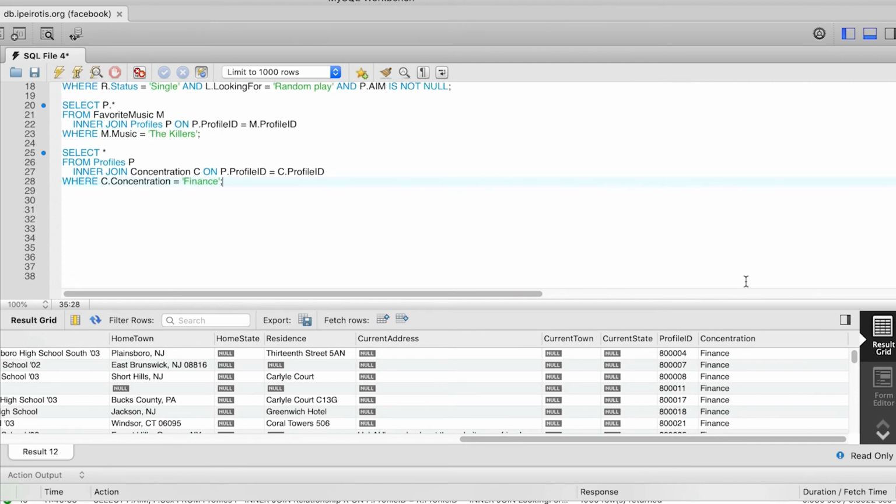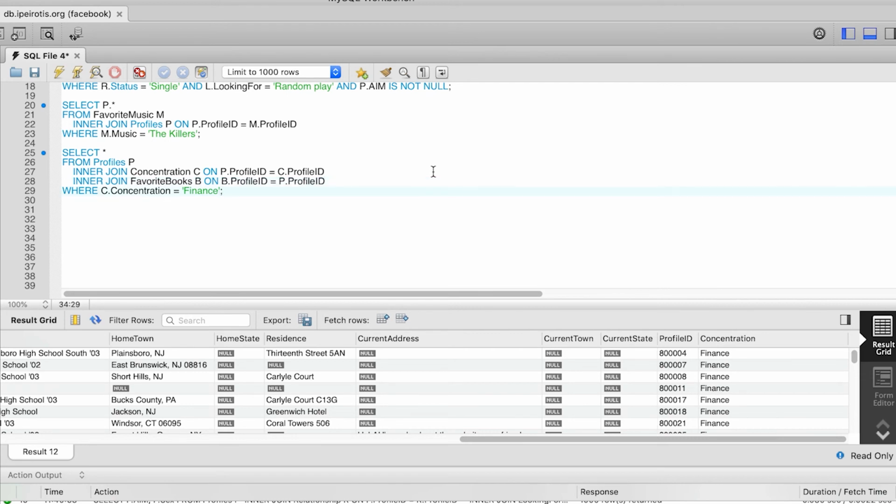We also want the subset of the finance students who like the book 1984. So we go and we join with the favorite books table as well by adding in the from clause inner join favorite books B on b.profile ID is equal to p.profile ID. Now we have a three-way join with concentration, profile, and favorite books.